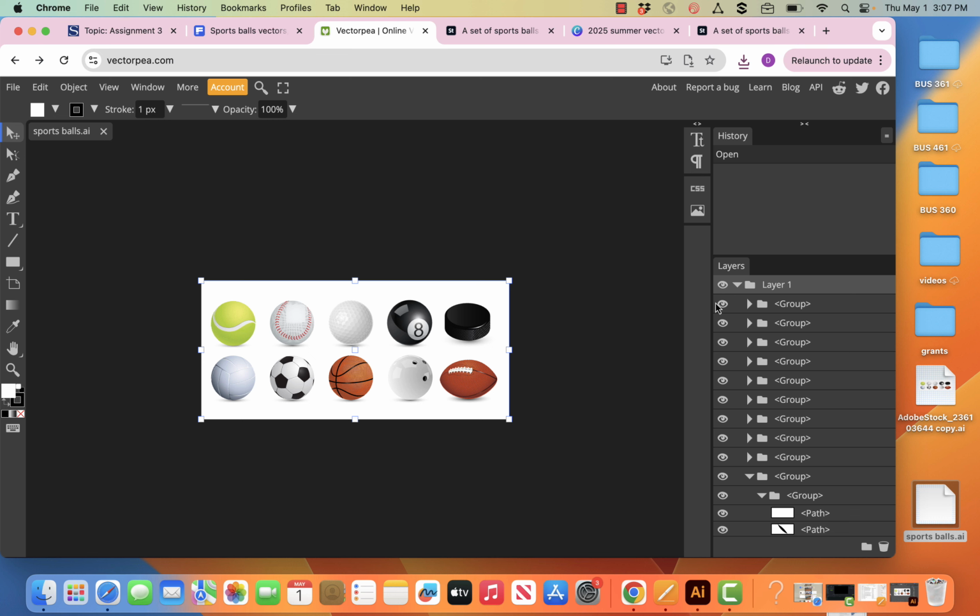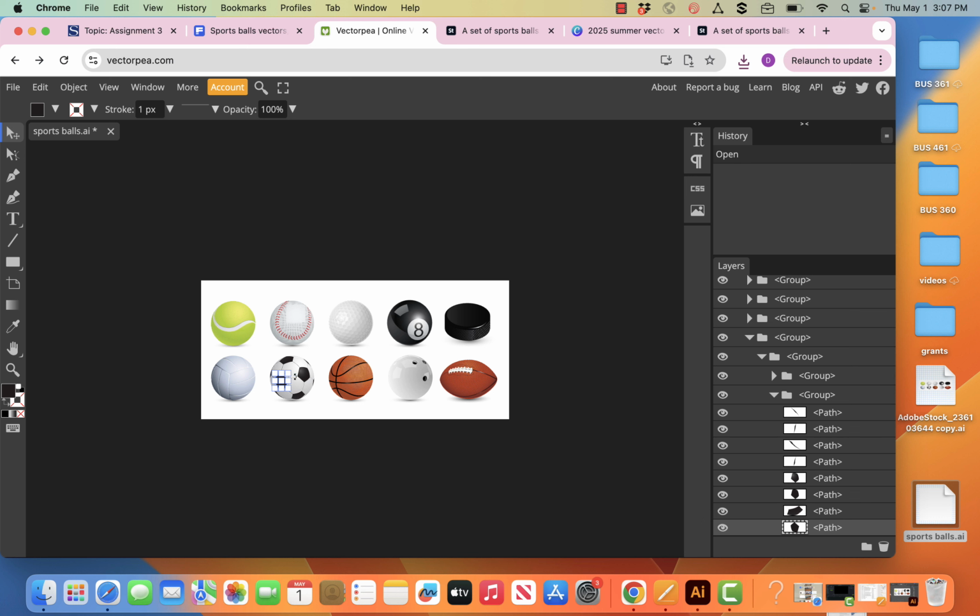Okay, so you could eyeball off and eyeball on these, so that, they don't have names. It's not quite as intuitive as Illustrator, but by eyeballing off and on, or maybe by clicking on one, yeah, so it goes down to this group for the soccer ball. Eyeball off, and then you can try copying the group, and it looks like the group has a ton of stuff, but you can use these triangles, and you don't want this bottom one, which is the shadow of the soccer ball, which you can kind of see, it's kind of small. So I want just the soccer ball, and if I do go to edit copy,